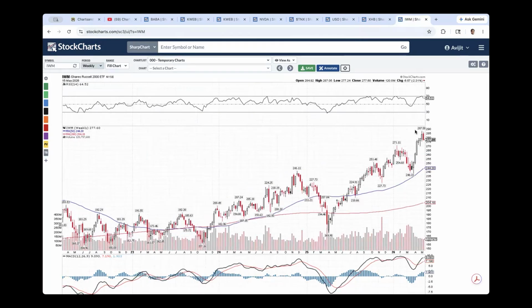Small caps reversed last week, a bearish reversal candle last week, could have some downside, would come back at the minimum to test its breakout level at 270, would even come back towards the 244, where its 50 period moving average is, before it starts its next climb. So near term negative divergence: higher high in price, 271 to 287, lower high in RSI and MACD, and RSI is at a flat level from the 2 peaks that we saw in price. So maybe there is some downside in small caps in the days and weeks ahead.